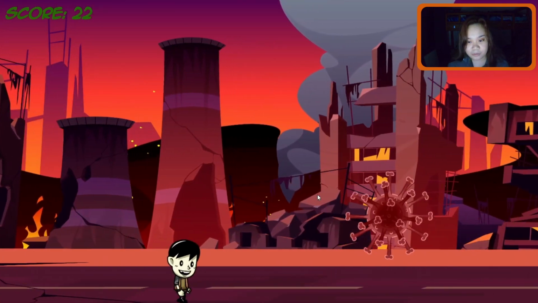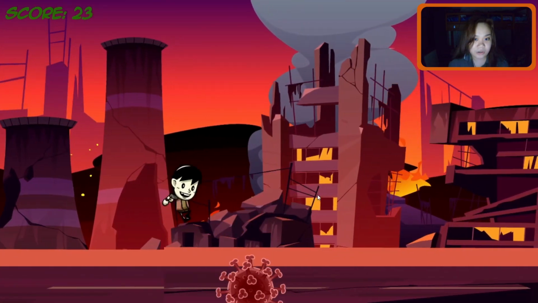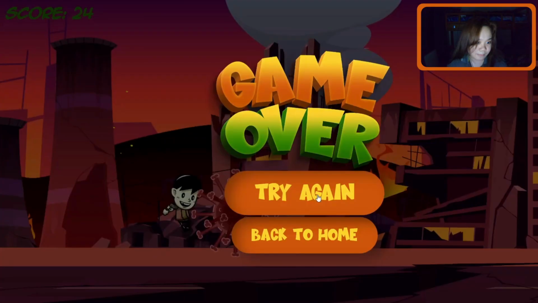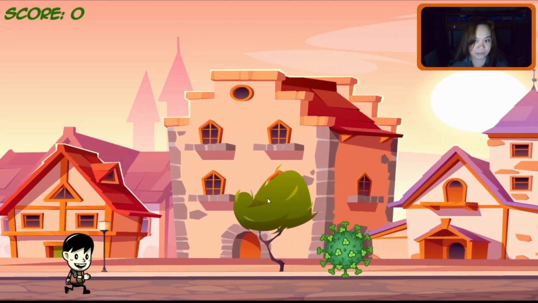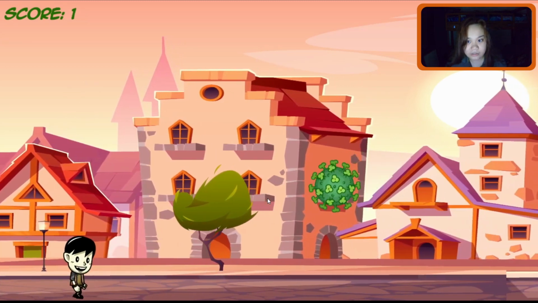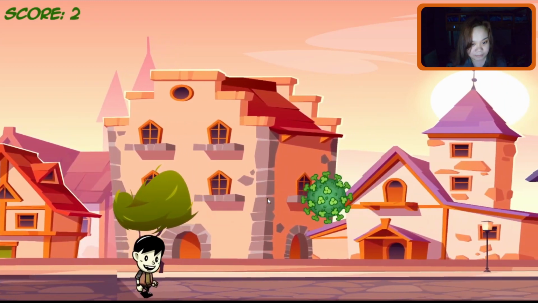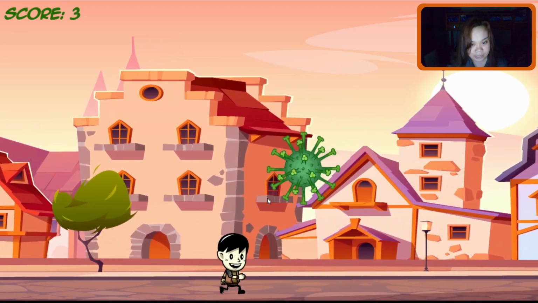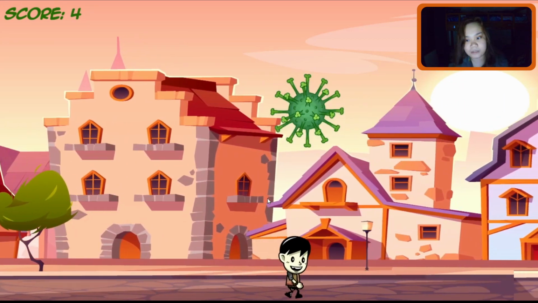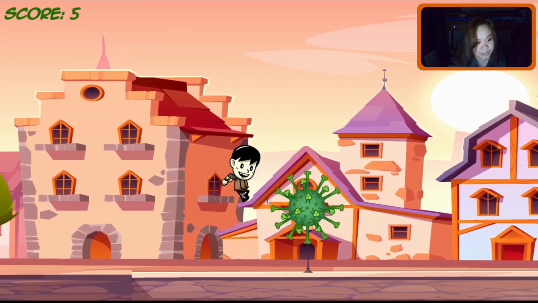Aside from the background music on the start page, the user can also hear another background music while playing. Also, there are sound effects when the buttons are clicked. Sounds are also added to the actions of the character when he jumps, lands, or gets hit by the virus, which enables a more holistic and enjoyable experience for our